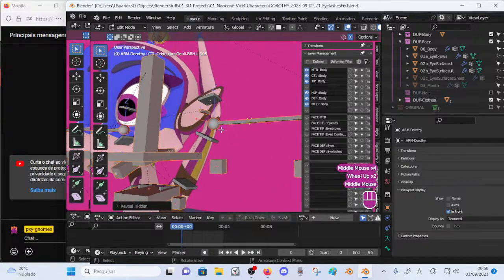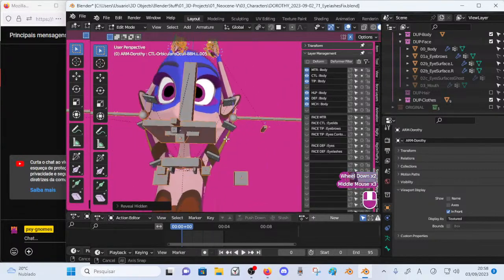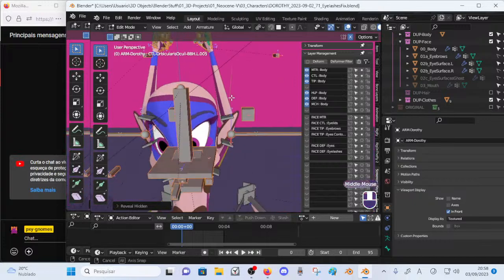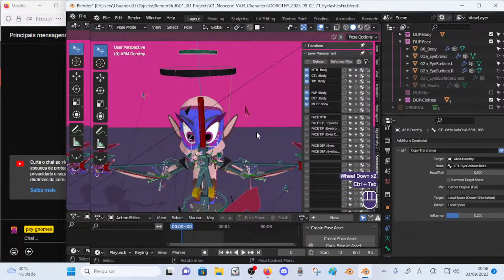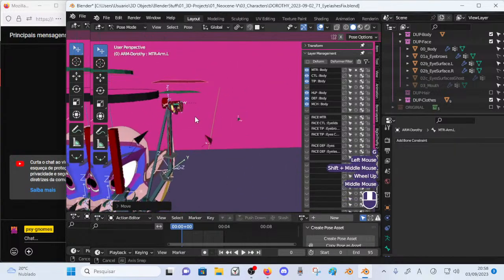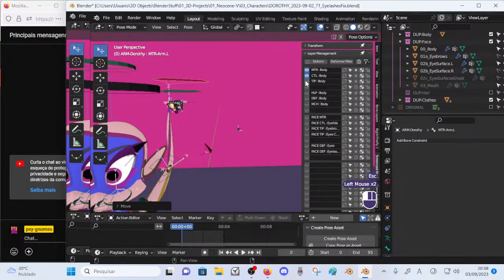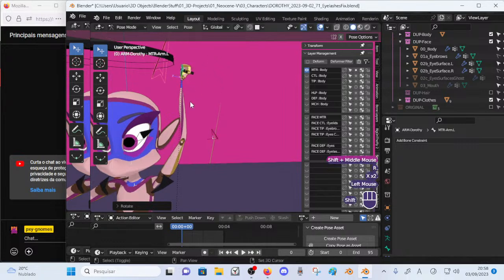So the bone axes got all messed up, so my conclusion is that instead of having the arms that way, it would be better if the rest position was something more, how do you say, more simple, like